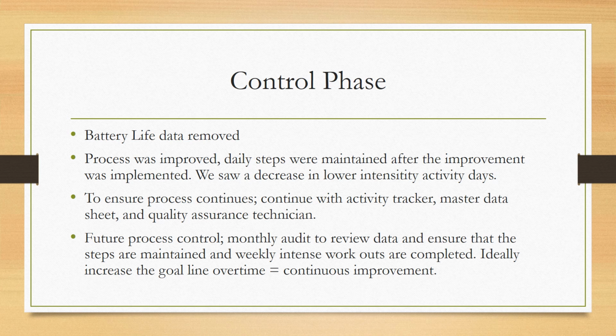We saw that there were fewer days. We were meeting at least 3 a week, and sometimes more, because we saw less of those 0 to 1 ranked intensities each week, which is great. That's what we wanted. So, as an overall endpoint, I say yes, the improvement and the solution was correct